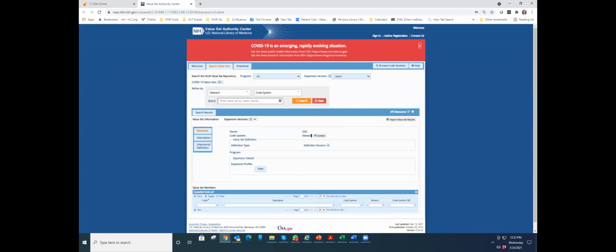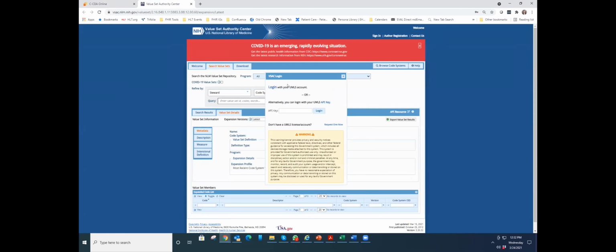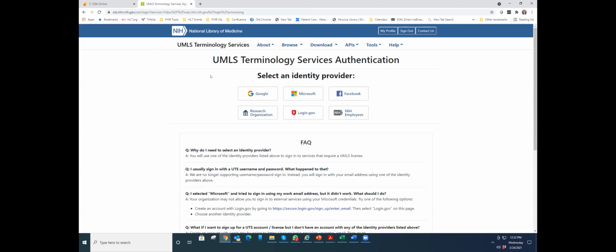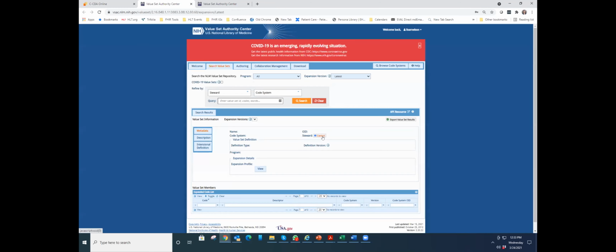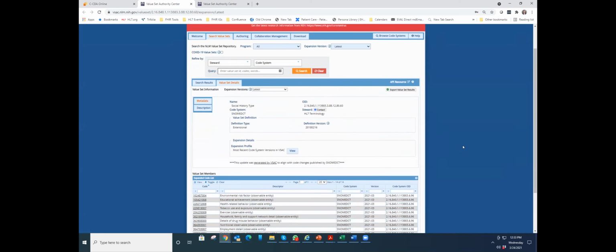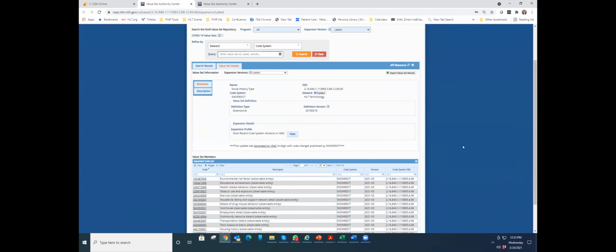I'm going to click on this, and this will automatically take me into what's called the NLM's VSAC. VSAC is a public tool that anybody can get access to if you have a UMLS license. It also does some nice stuff to let you log in using your Microsoft account or your Google account to make things a little bit easier. But when you get in here, once you're logged in, then this link should, without too much trouble, take you straight into the